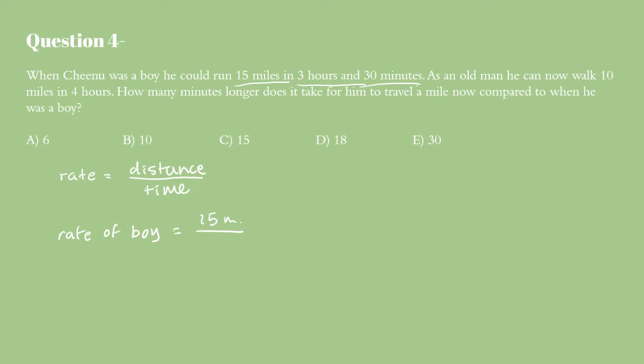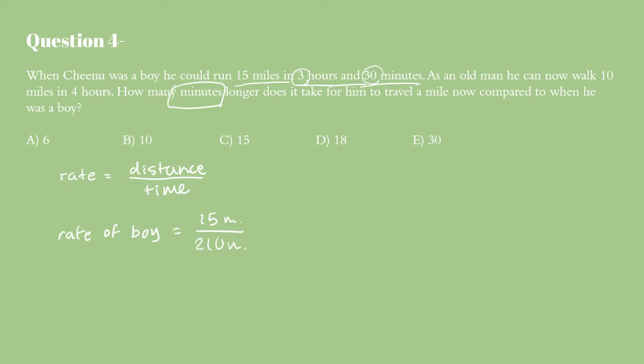So we can make a decision here. We can choose to find this in terms of miles per minute or miles per hour. I will do miles per minute, since here it needs the answer in terms of minutes. So minutes would be 3 hours, 30 minutes. So 180 plus 30 equals 210. So he ran that much in 210 minutes. Let me just erase that so it's cleaner.